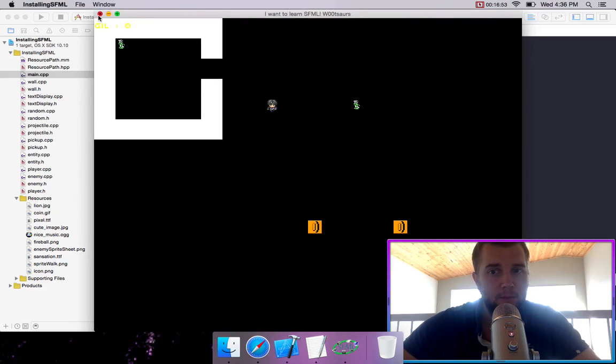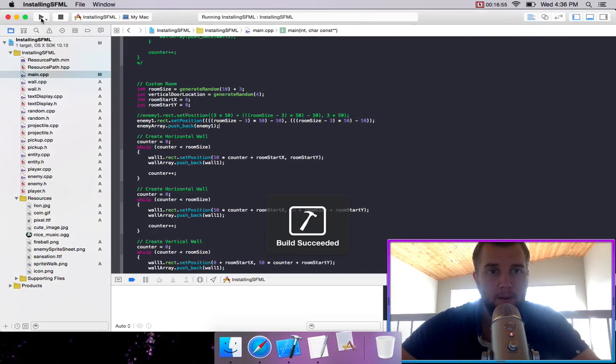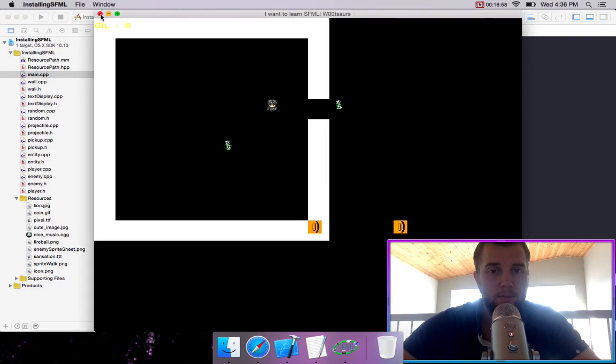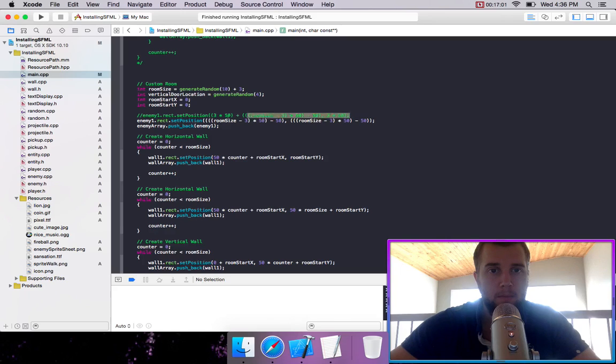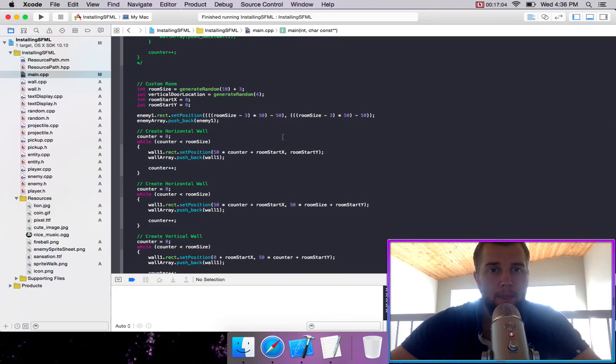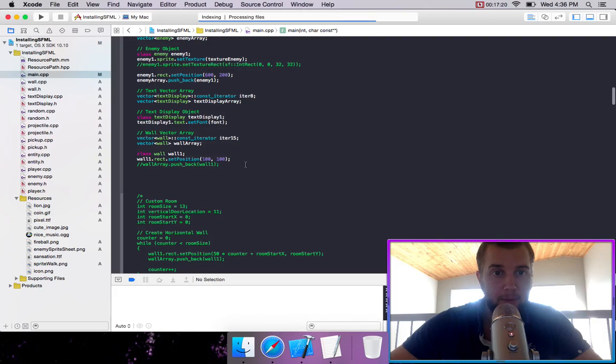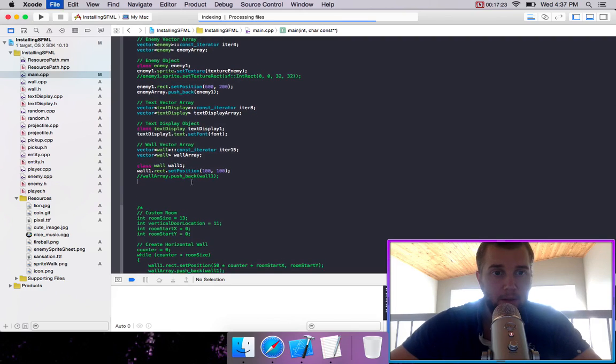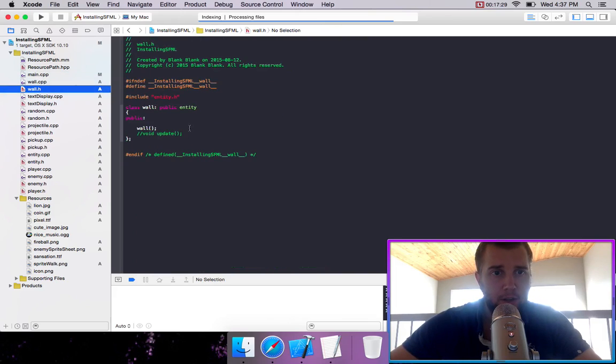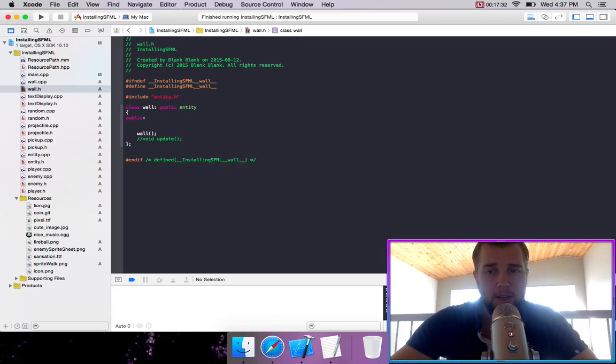So our little enemy is always in the room now, so that's good. So what we could do is we could take our wall and we could make a destructible object that has a chance of dropping loot. So right here we have the wall, and we can go to wall.h, and we will simply say